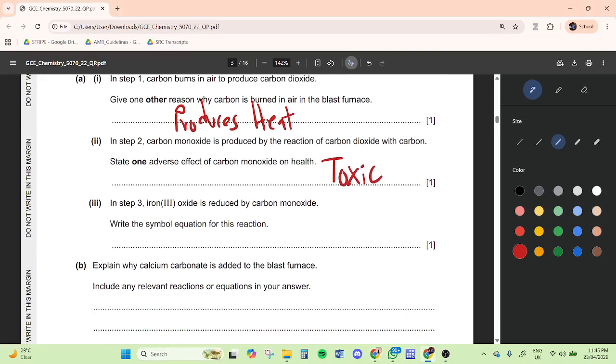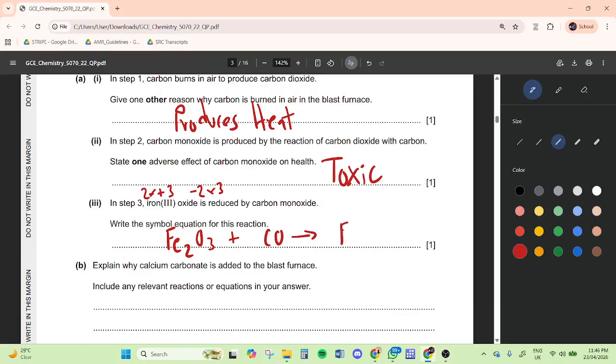Iron 3 oxide is reduced by carbon monoxide. So write the symbol equation for this reaction. So again, we're going to take this step by step. First of all, we're going to do iron 3 oxide. Because it's iron 3 oxide, you're going to need 2 iron, because iron 3 means it has a charge of +3, and oxygen has a charge of -2. So you need 2 of this and 3 of this. So Fe2O3 plus, let's leave some space in case we want to balance it,